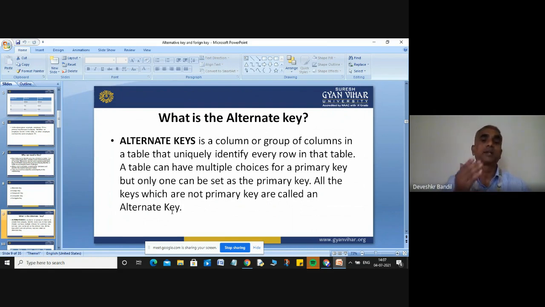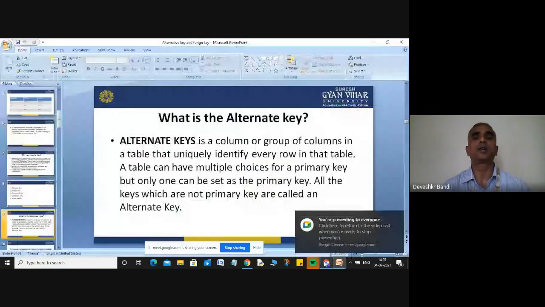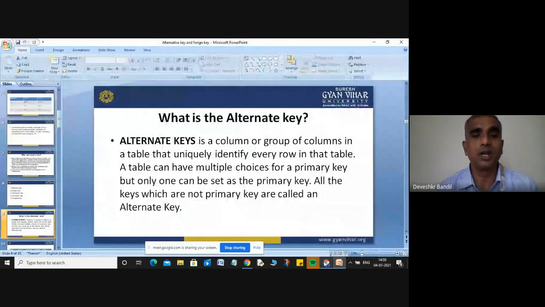So here I am discussing the alternative key. An alternative key is a column or group of columns in a table that identifies a unique record, a unique tuple. A table can have multiple choices for a primary key, but only one can be set as the primary key. For example, you can make the student passport number your primary key.